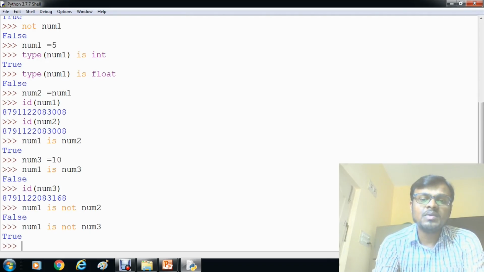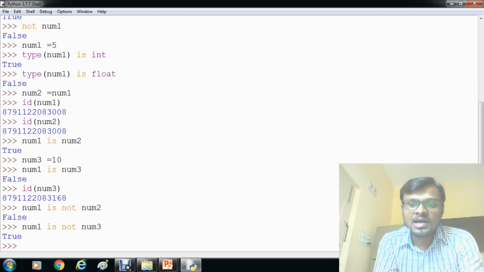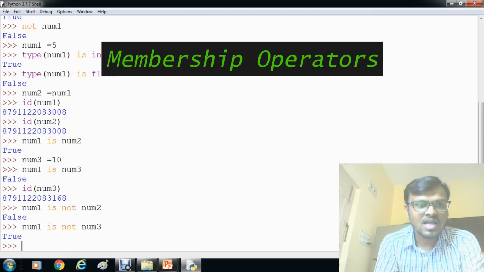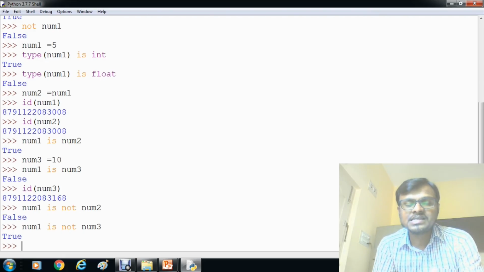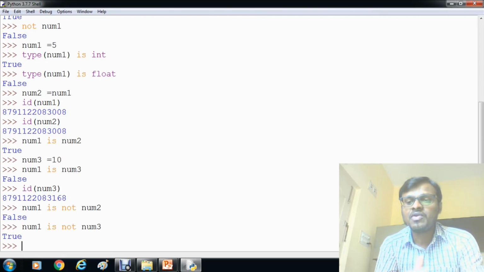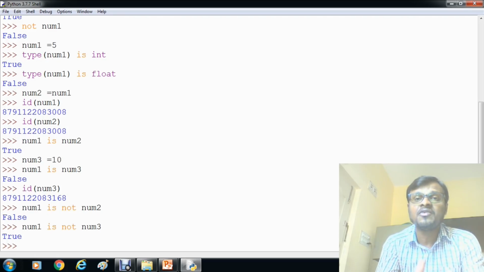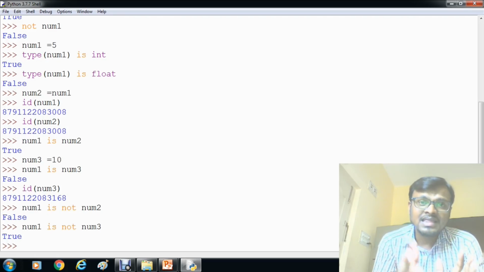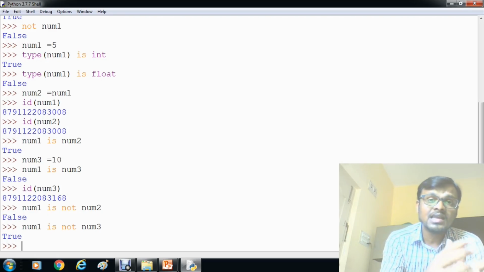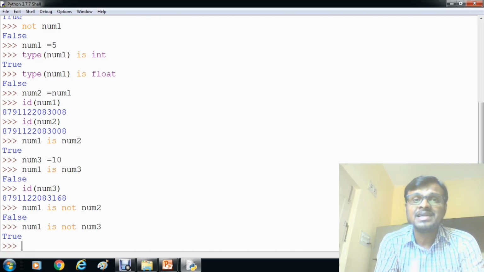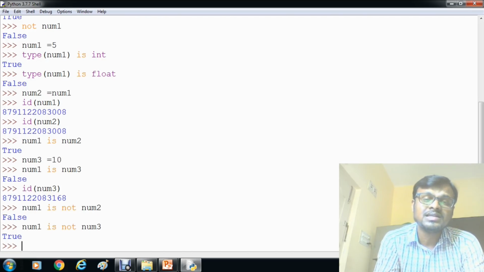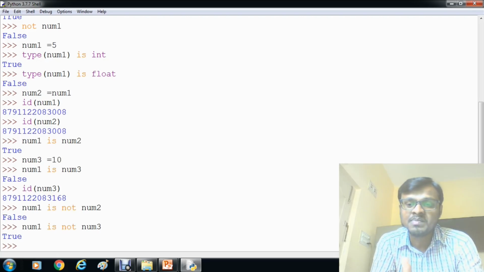Now we'll move to the next operators, called membership operators. These membership operators are used to check if a value is a member of the given sequence or list. In the given sequence, if you want to check whether the given value is present or not, we are going to use the membership operators.